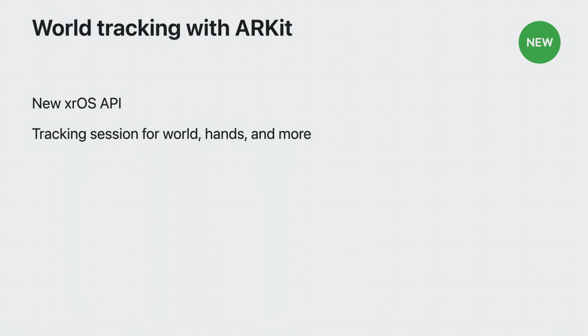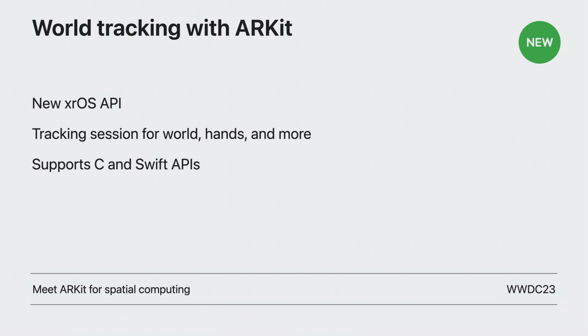Rendering content in XROS is always from the point of view of the device. You can use ARKit to obtain the device orientation and translation. ARKit is already available on iOS, and now XROS is introducing a whole new API which has additional features that can help you create immersive experiences. With ARKit, you can add world tracking, hand tracking, and other world sensing capabilities to your application. The new ARKit API is also built from the ground up to support C and Swift APIs, which will allow for an easier integration with existing rendering engines. To learn more about ARKit on XROS, check out Meet ARKit for spatial computing.